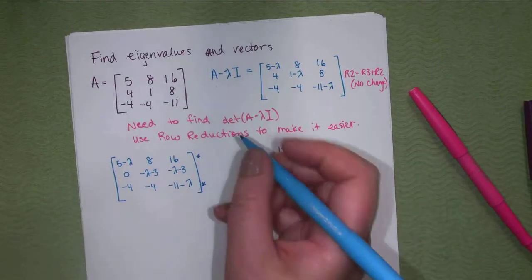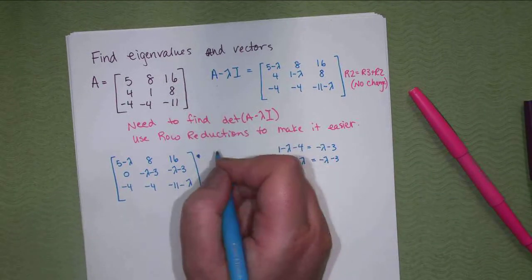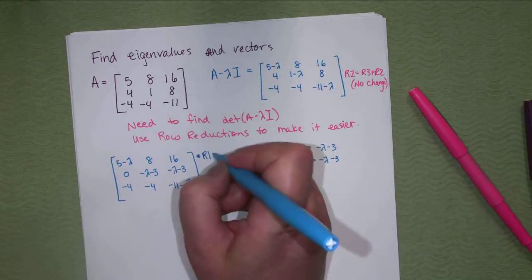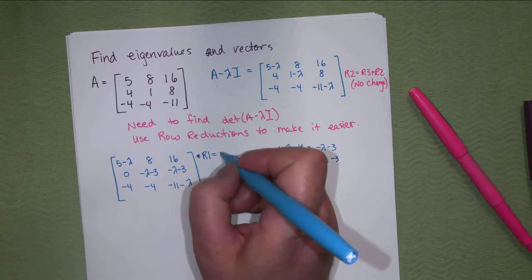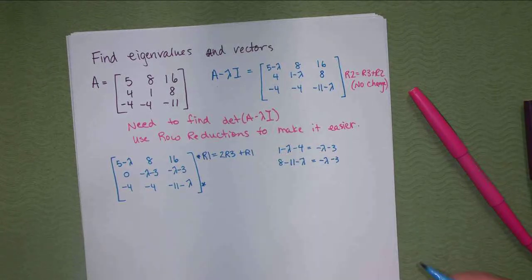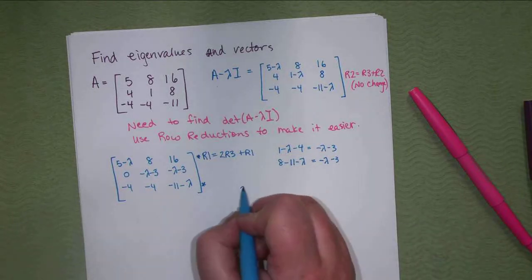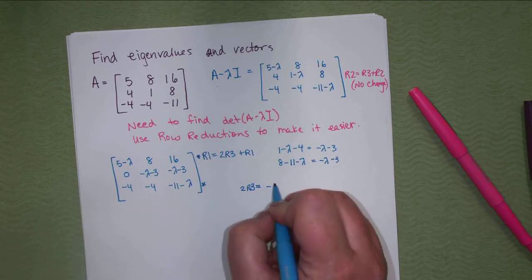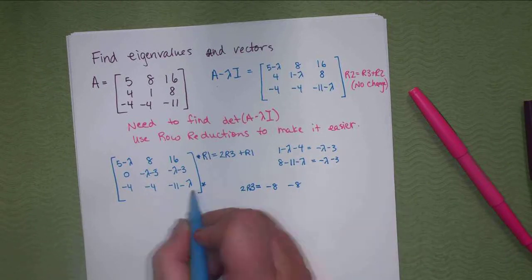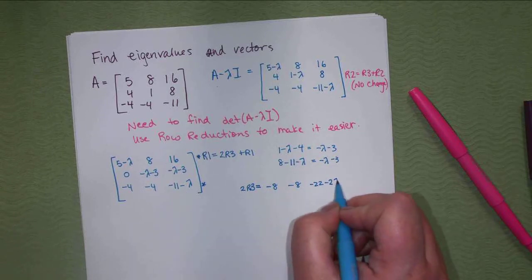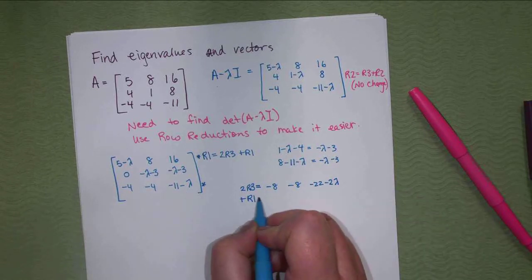So let's say we are replacing row 1 with 2 times row 3, because that will make that a negative 8, plus row 1. Does that step make sense? So 2 times row 3, two times 11, and 2 times lambda, plus row 1,